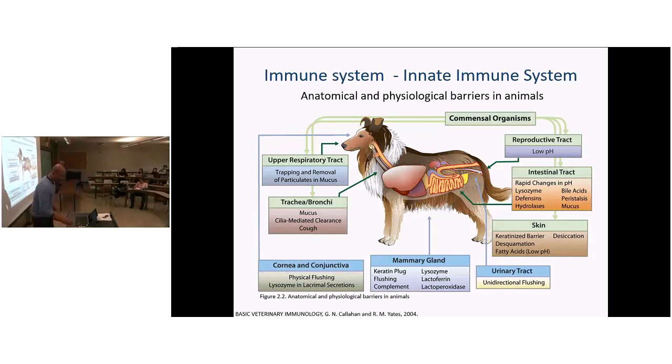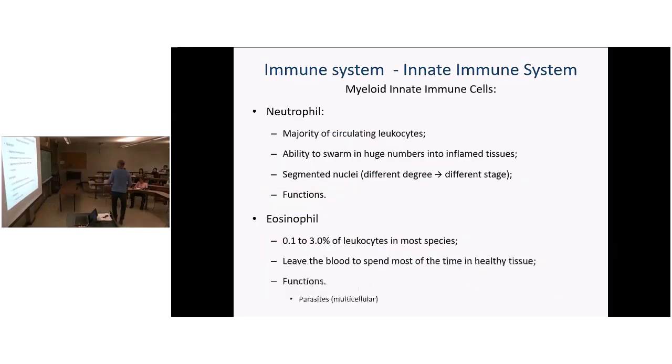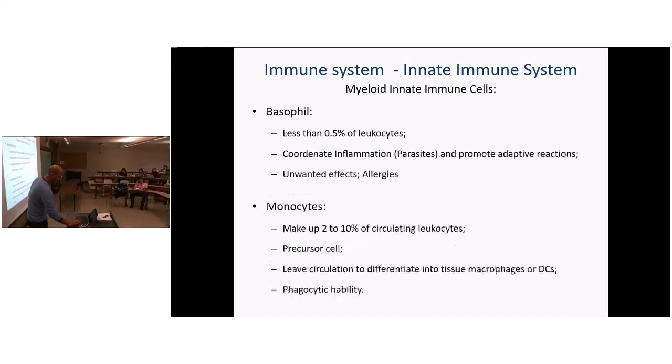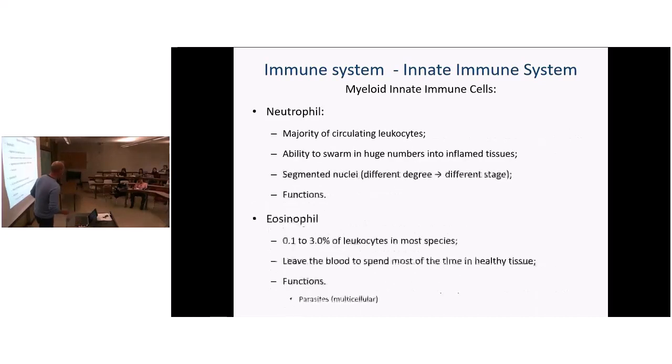So the other one, it goes into the types of cells. Neutrophils, eosinophils. The other one is basophil, monocytes, macrophages. These are all part of what we call your white blood cells. Okay? Your white blood cells are your defense cells. Okay, this is no surprise to all of you. But each of them has somewhat of a function.